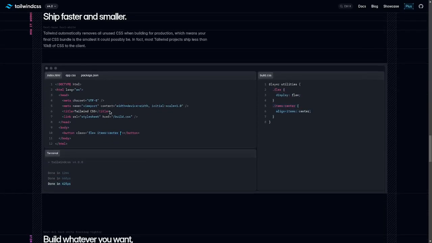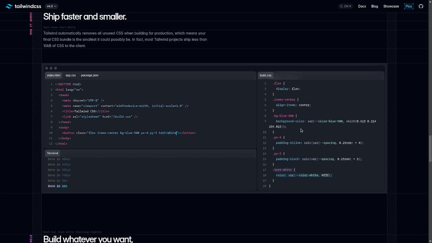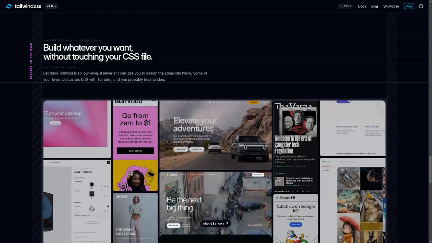And as you can see here, this is what it looks like when you apply all of the classes. So it still does have a CSS file, because at the end of the day, your Google Chrome doesn't understand Tailwind CSS. It's not like that's something that's built into Google Chrome. So at the end of the day, Tailwind is going to have to make you that CSS file, and you can kind of see it happen live. This is a pretty cool demo. They didn't have this last time.